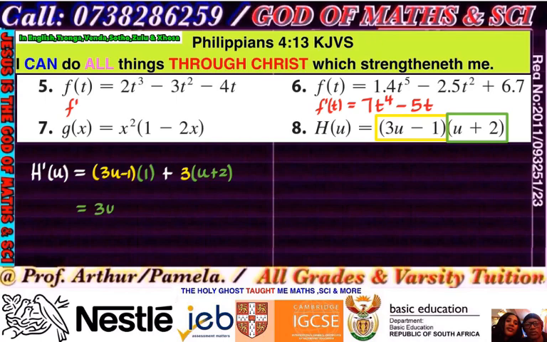So we got 3u minus 1, and then plus 3u, and then plus the 6, and then we can add there. I said, okay, I've got 6u. It looks like plus the 5, correct? Yeah, I don't have to FOIL the thing because we know how to do the